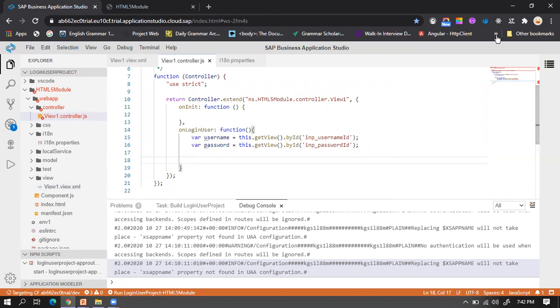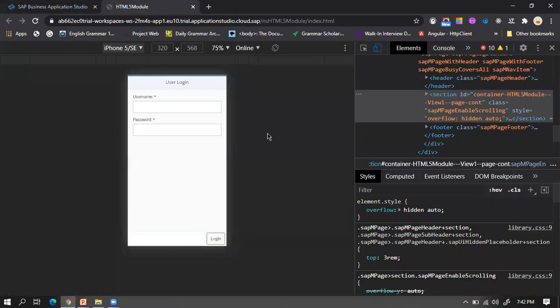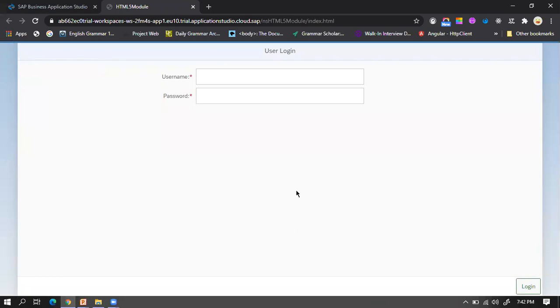So let's close this. I want to check this username against an already defined value.